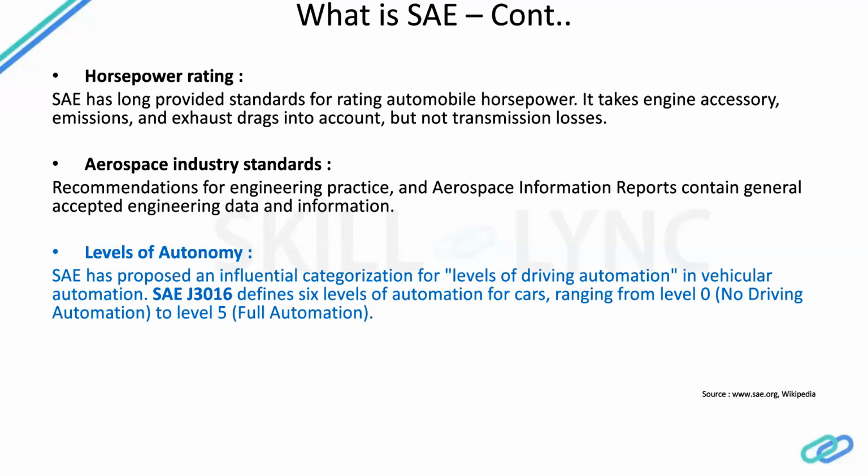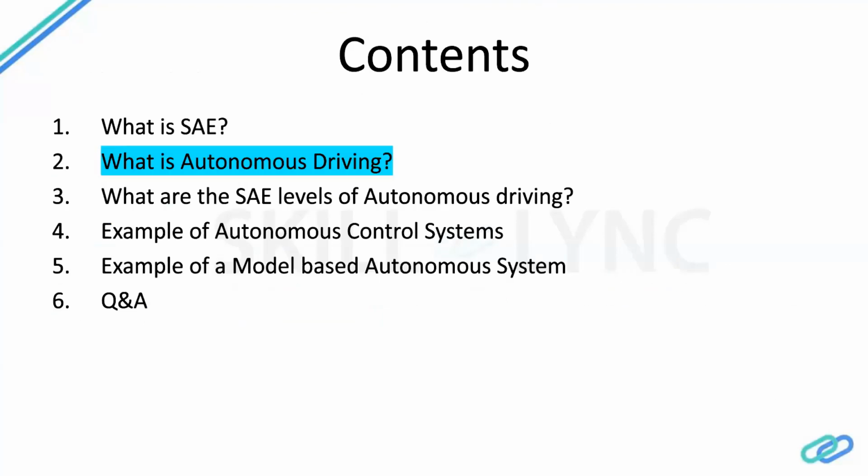The last one that I have mentioned here is SAE J3016. Here they have defined 6 levels of automation for vehicles. All the OEMs and suppliers should adhere to the rules and regulations defined by them in order to put any autonomous vehicle on the market. I hope that gave you brief information about what SAE is, what they basically do, and what my reference for today is.